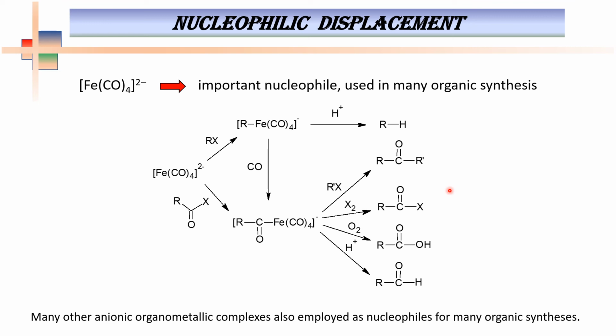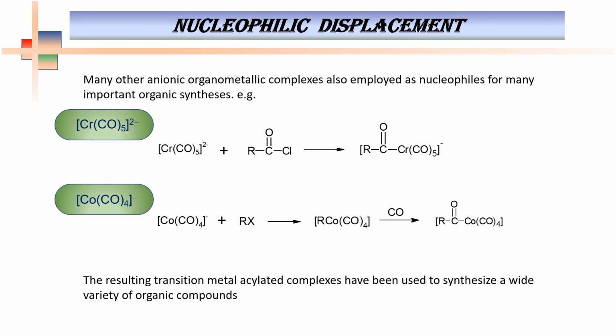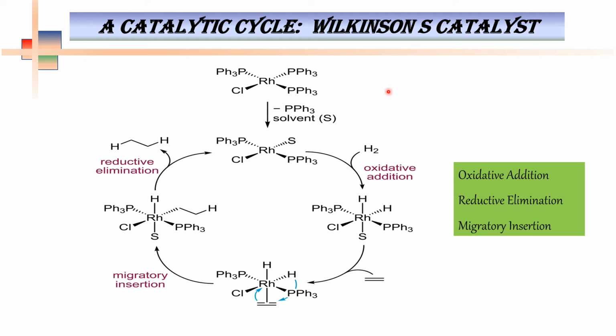So not only this exceptional reaction, but there are many organometallic anionic complexes which have been utilized for the preparation or synthesis of many important and valuable organic components through nucleophilic displacement reactions. Let's name a few of them, like chromium tetracarbonyl complexes or cobalt complexes or molybdenum complexes. A wide variety of complexes are associated. However, our most important goal is to understand the catalytic pathway of the different catalysts involved.